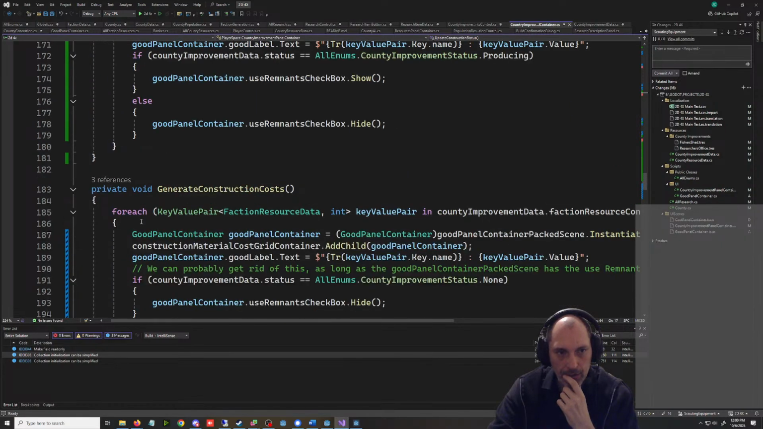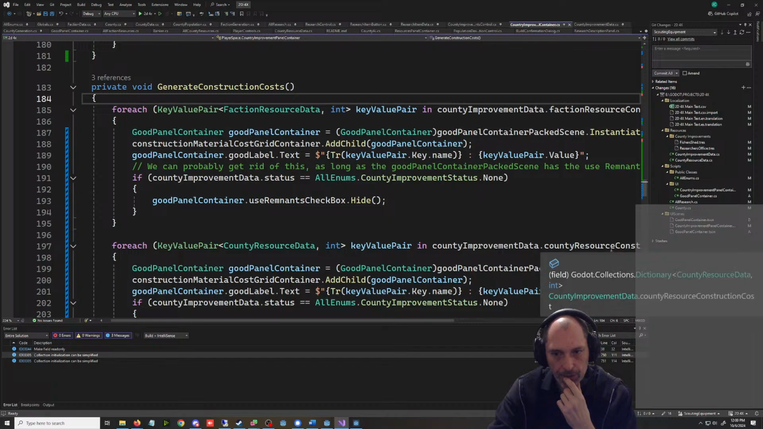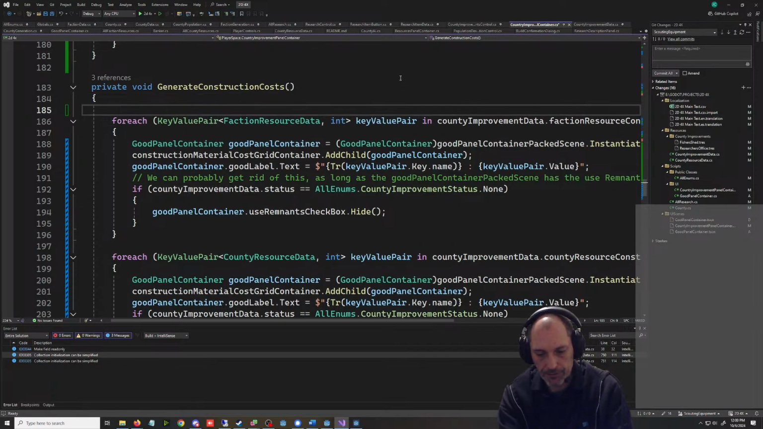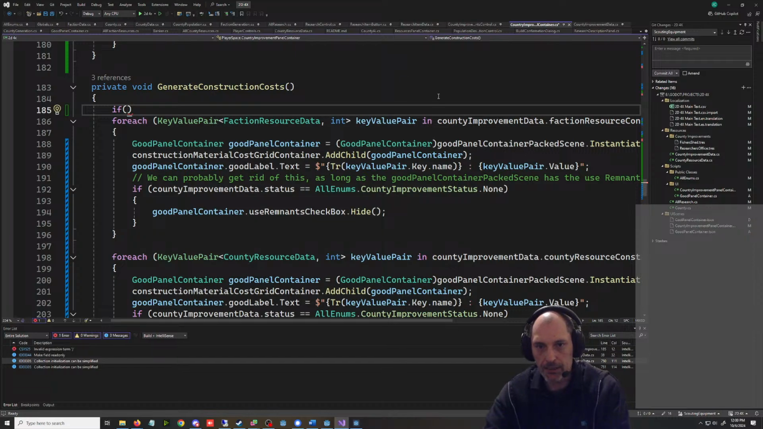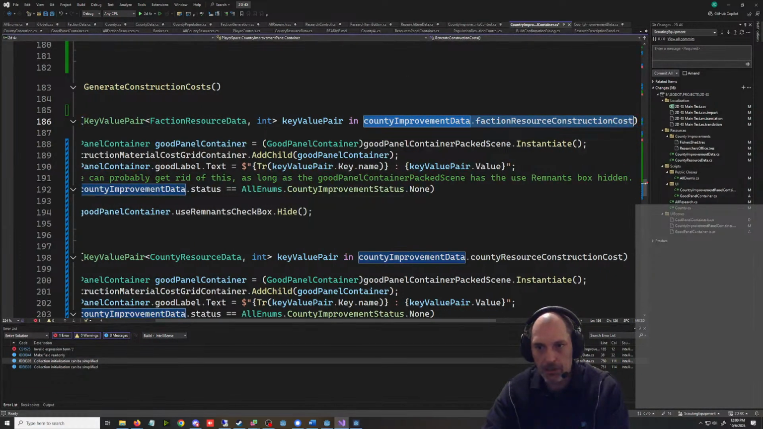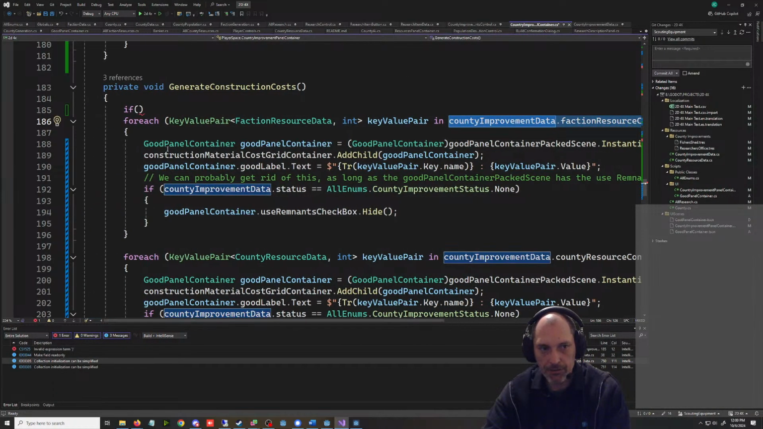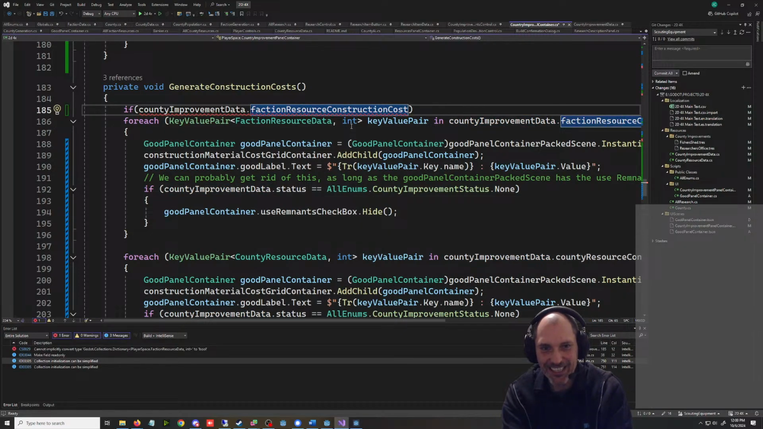All right, so this is what I think we're going to do. We'd have to do it for both of these. So we would go like if, and it might change this. So if faction dot count is greater than 0, or